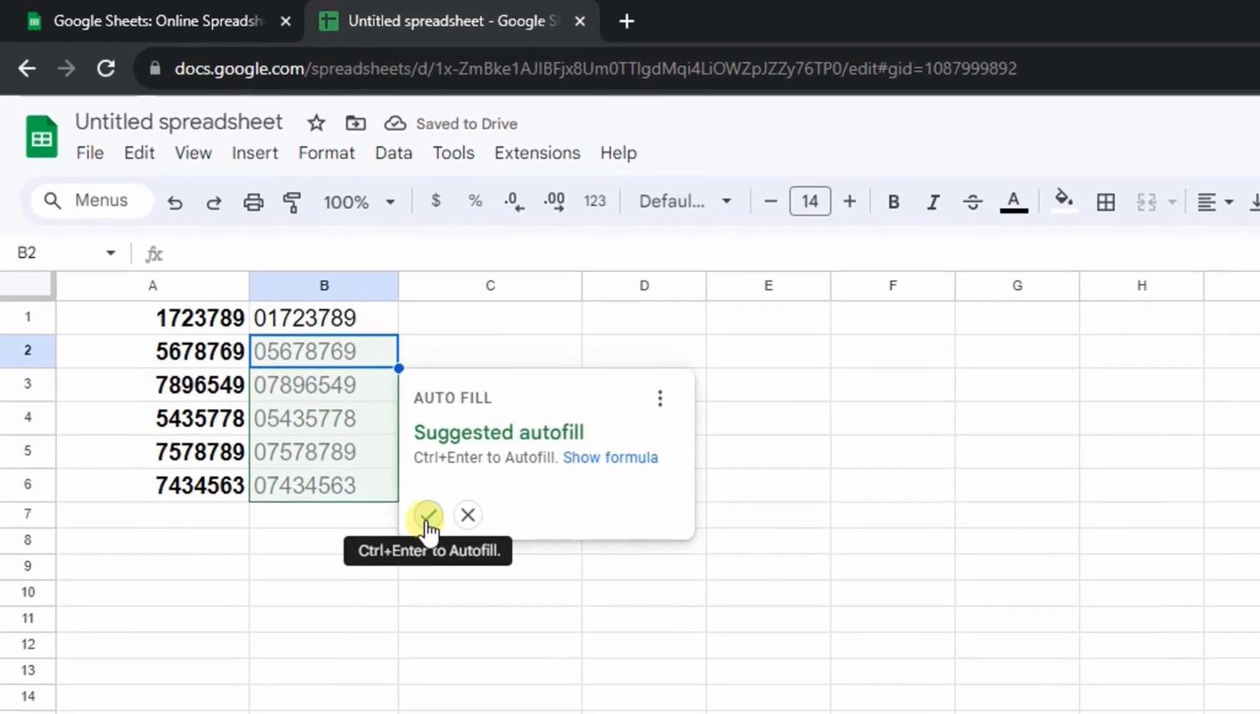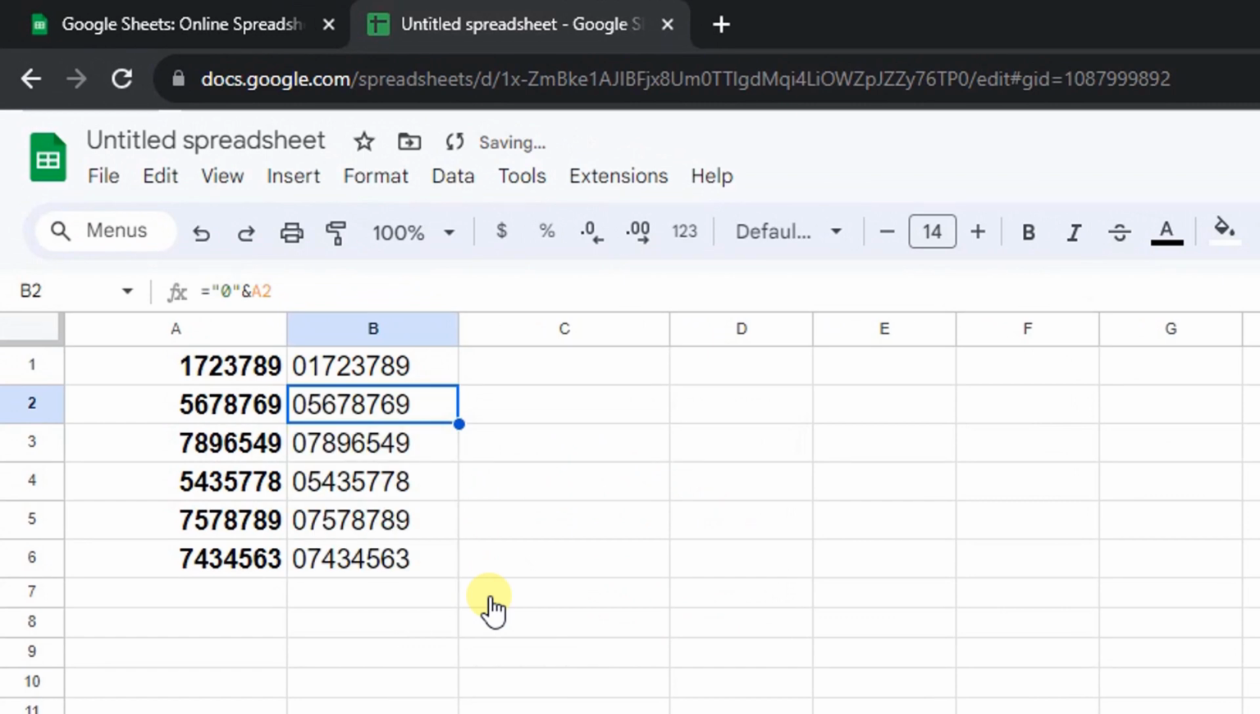and select this right icon. Now here you can see I have added 0 before all the number. Now let's say I would like to add some custom digit. Again the same process, select the blank column,